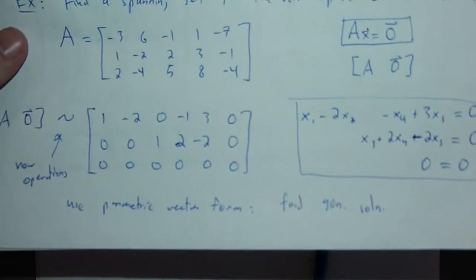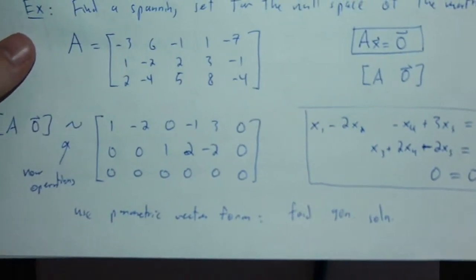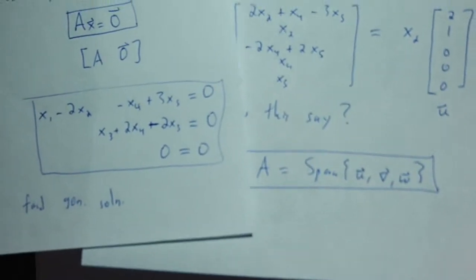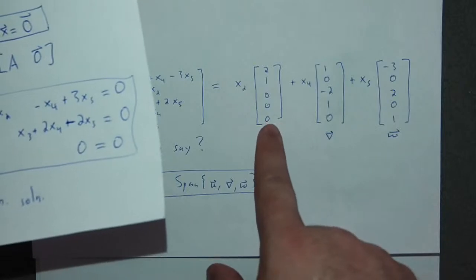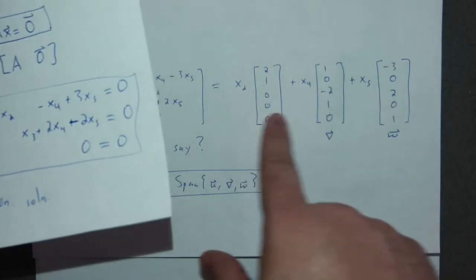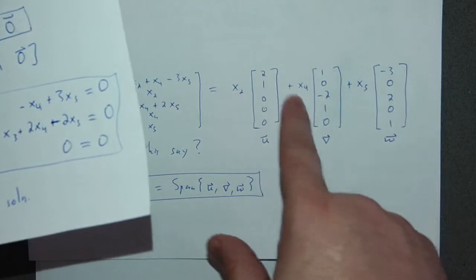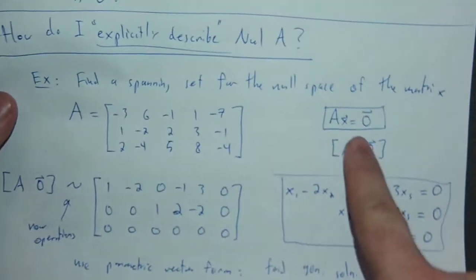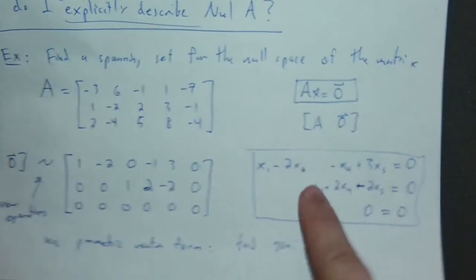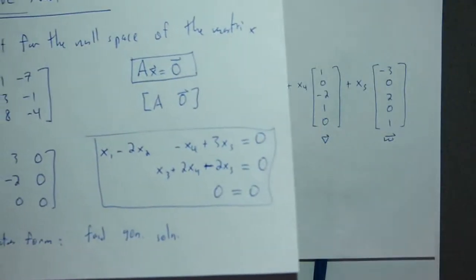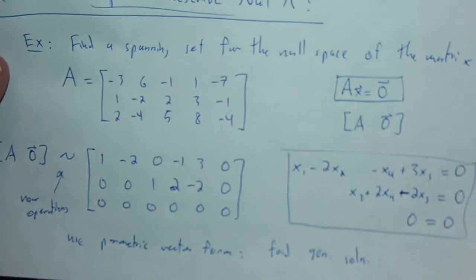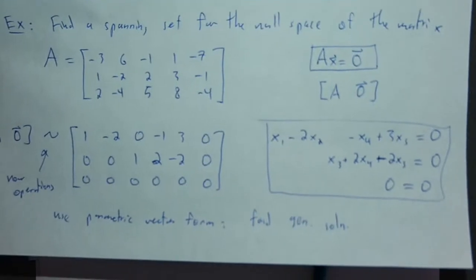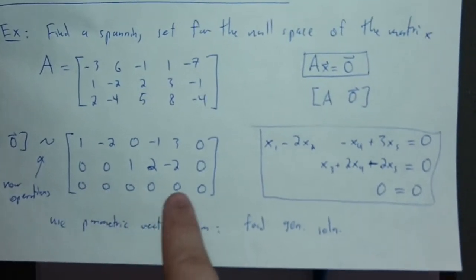Well, maybe. What is the tie-in with 3? Why did I get 3 vectors? Where did those 3 vectors arise? Those 3 vectors arose as the vectors multiplying x2, x4, and x5. What are those variables for this equation? They're the free variables. So if I looked at this, and noticed that there are 3 free variables, x2, x4, and x5,